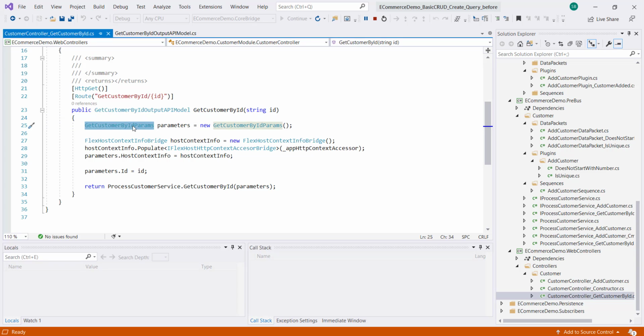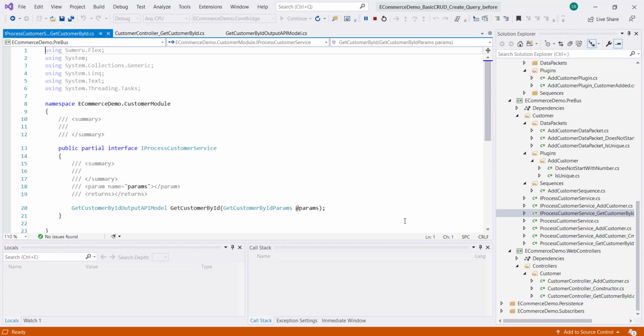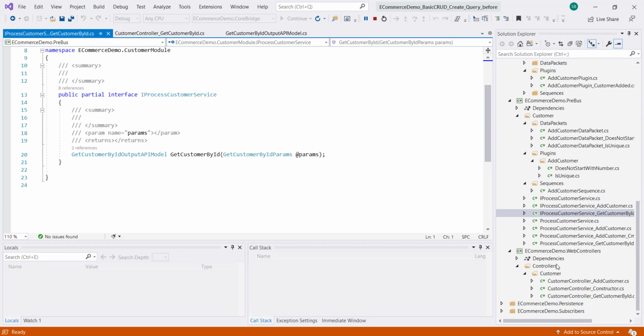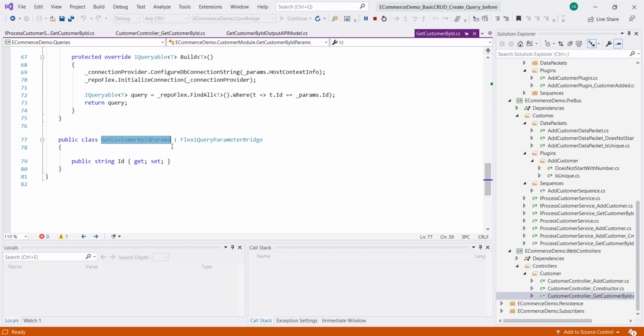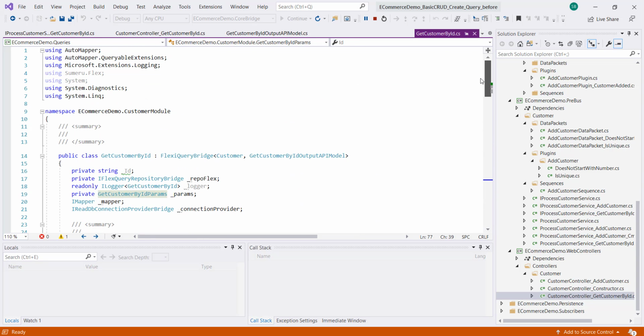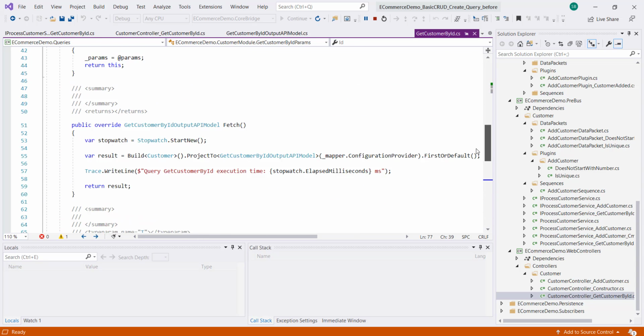We have the get customer by ID params created for the iService. Let's go there and see. In the query file, we will come to the query soon.